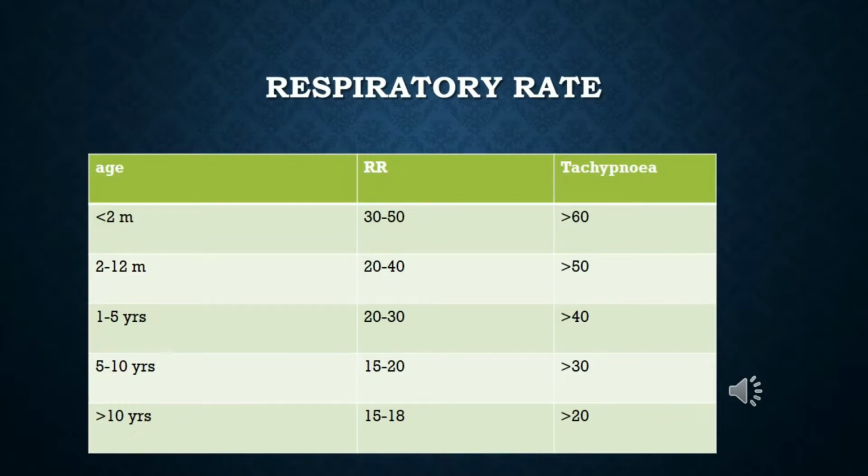The respiratory rate should be counted exactly by watching the chest or abdomen movements for 1 minute. The movement should be observed by keeping the baby on the bed in the supine position, and these are the normal respiratory rates in each age group. If you are unable to remember each age group, you can remember the upper limits at least.